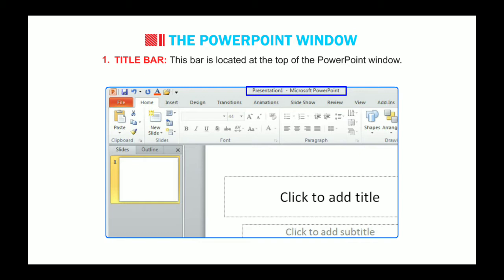The first component of the PowerPoint window is the title bar. The title bar is located at the top of the PowerPoint window. Here you can see, in the blue colored boundary area, it is the title bar.